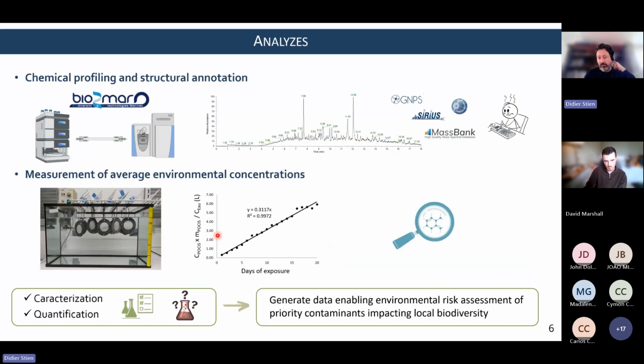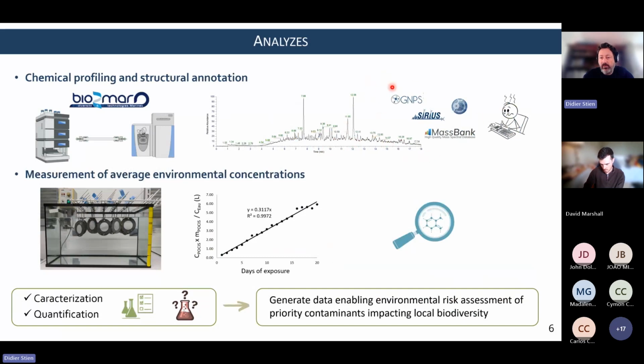So what we do once we collect the passive sampler is just a chemical profile analysis. This is done on the Biodemar platform in Banyuls. We have very cool equipment with GC coupled to high resolution MS. And we get that sort of profile here with a lot of peaks. Basically, one peak, even the very small ones, is one contaminant. And you would imagine that nowadays there are tools that just give you a list of molecules from this chemical profile, but this is not the case.